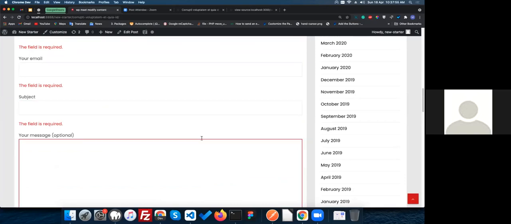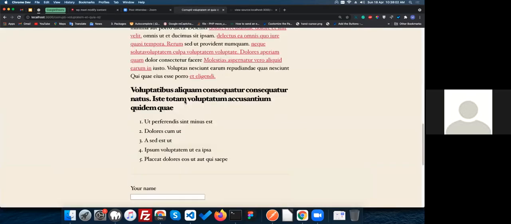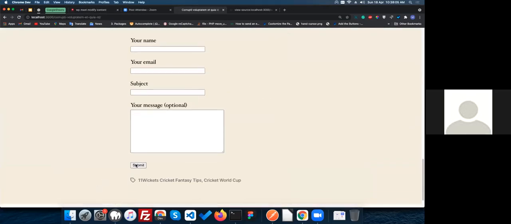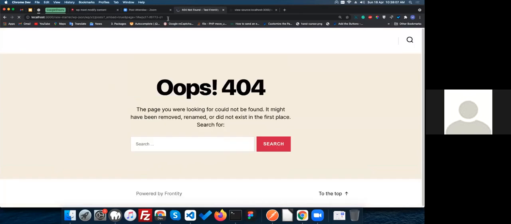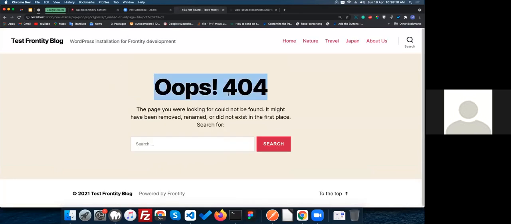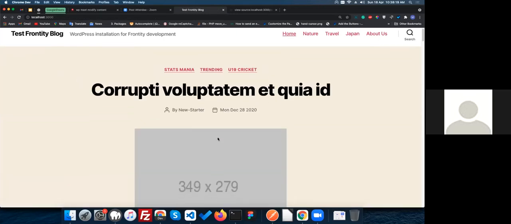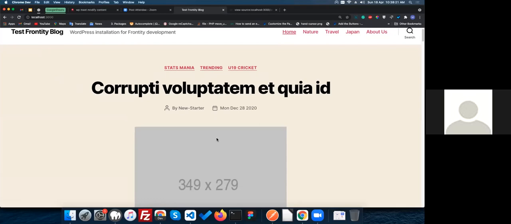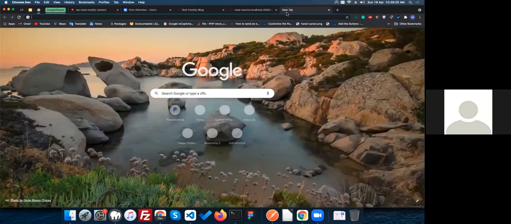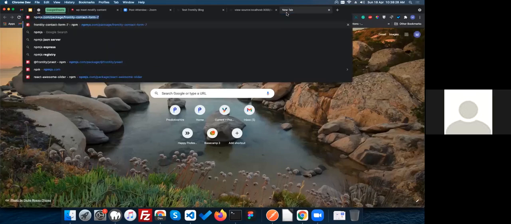Now I'm going to integrate this contact form into my React. As you can see here, in React, whenever I submit this form, it goes to this 404 page. That is, currently we don't have an integration in our front-end project for this. So we have to use one package to integrate Contact Form 7 into our front-end project. For installing this package, you can look into npmjs.